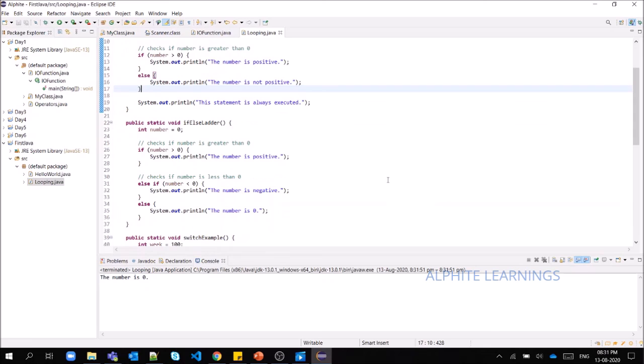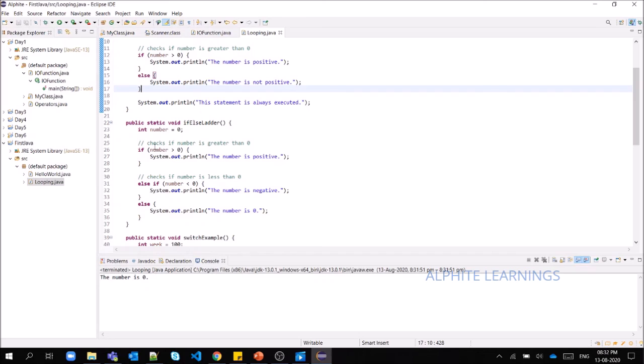So I'm giving the number as 0, and I'm checking if the number is greater than 0. Obviously the number is not greater than 0, so it will check the next else if, number less than 0. No, the number is also not less than 0. It is not negative, right?